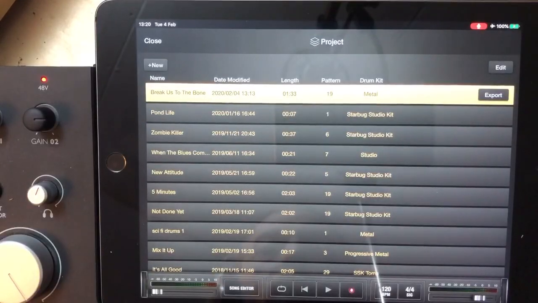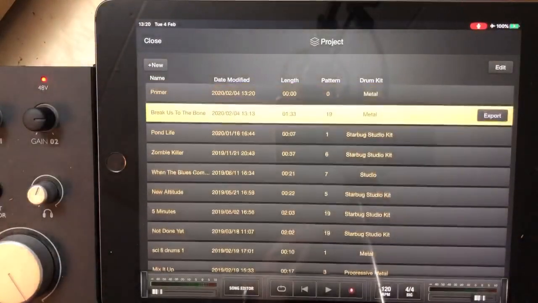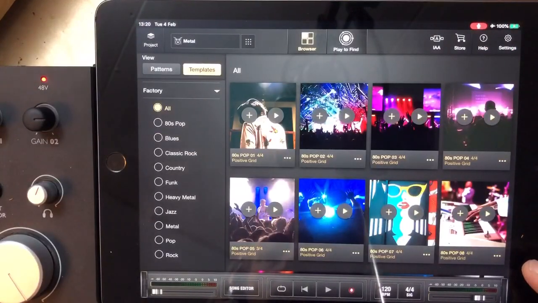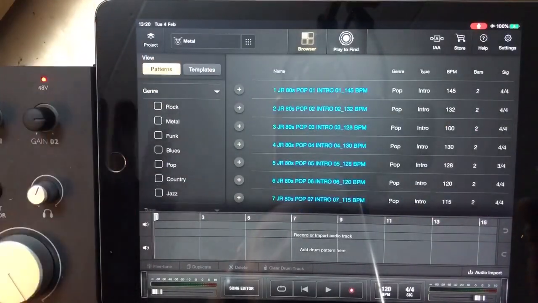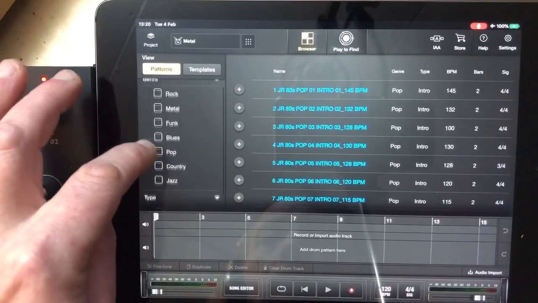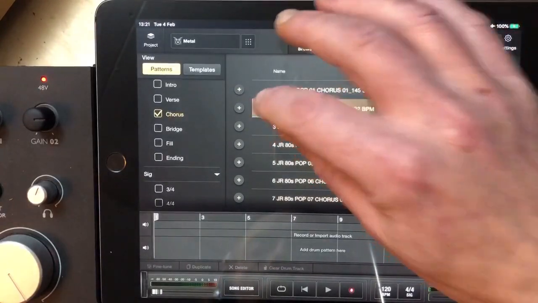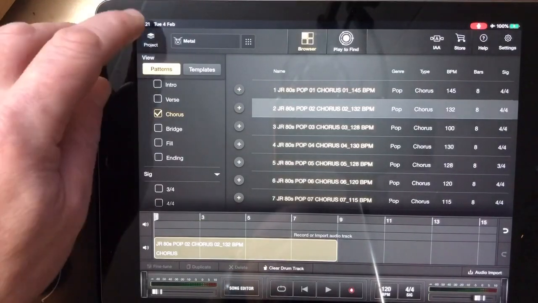I'm going to go to Project and New, we'll call it Primer, because I don't have a name for the track yet because I don't have a track, and then close that and go to Song Editor, 80s pop, what was it now, 80s pop, it was a chorus number 2 it was. So there we go, that's the fella. Drop that in here and go back to Project,